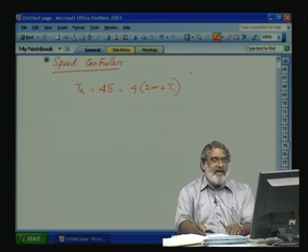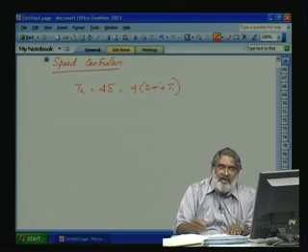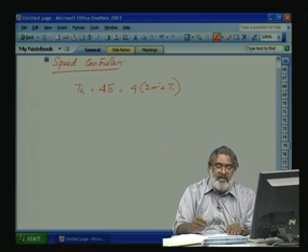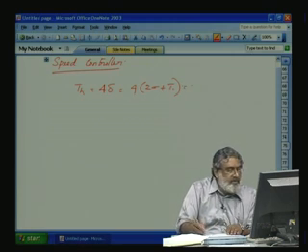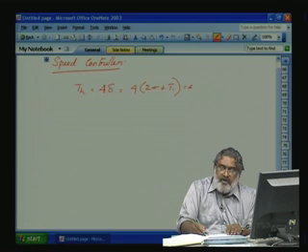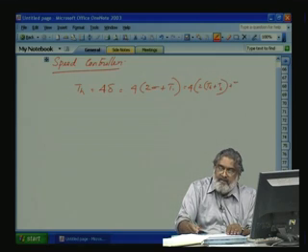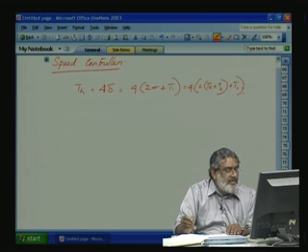T1 is our feedback time constant, sigma is our summation of the small time constant, the current loop. So this will be equal to 4 into 2 into Tt plus T2